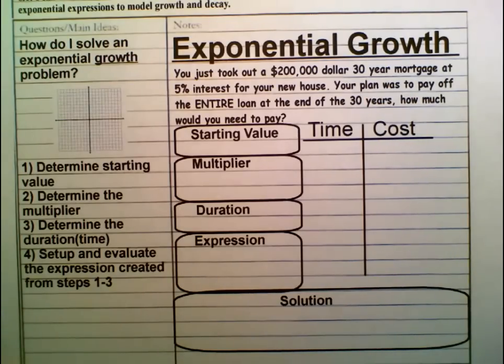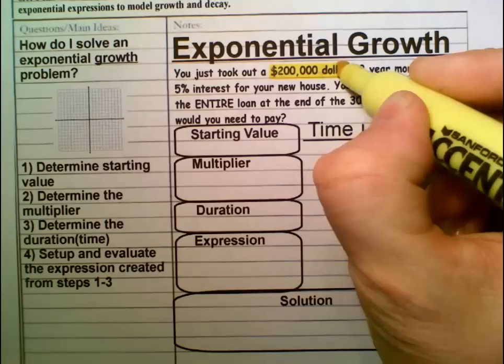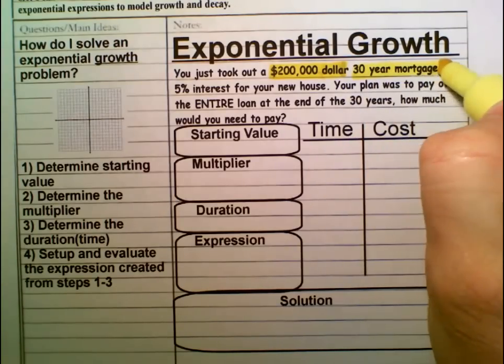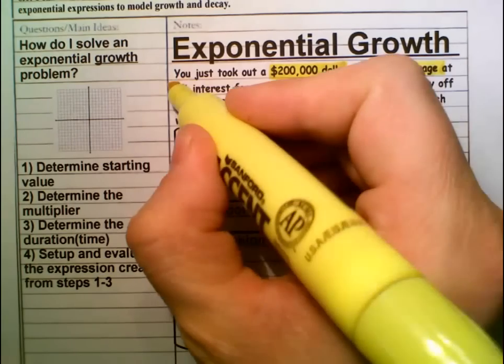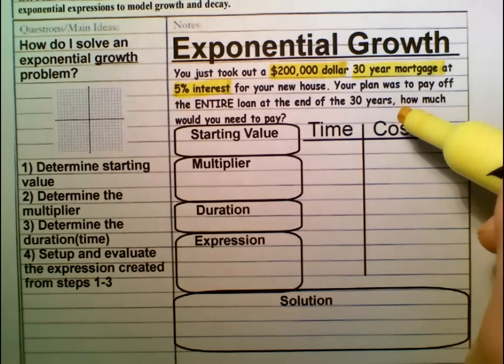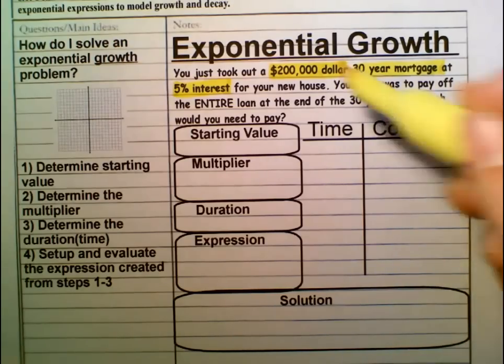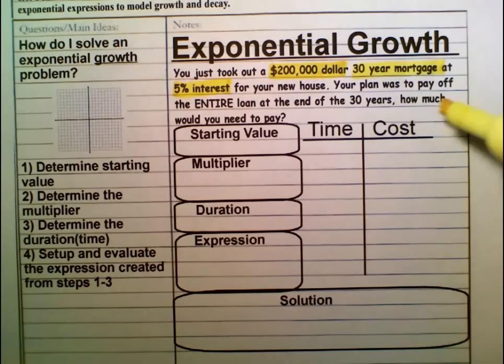Well, it's always good to highlight the important information, right? So let's start by highlighting the $200,000. That seems important. And 30-year mortgage, I guess that's important too. And even this 5% interest rate. Your plan was to pay off the entire loan at the end of 30 years, which is not normal. Usually people pay it off monthly as they go through the 30 years. But let's just say you got this loan, and then your question is, how much would you need